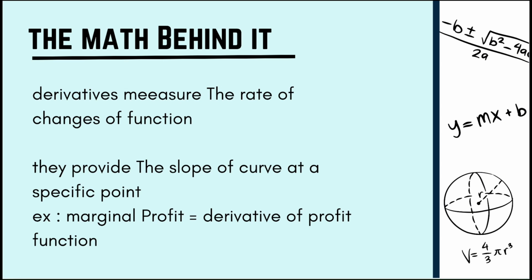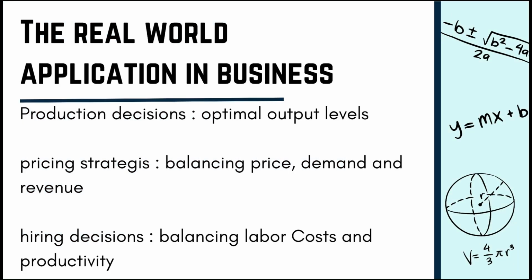Derivatives measure the rate of change of a function. They provide the slope of a curve at a specific point. An example is marginal profit, which is equal to the derivative of the profit function. In real-world business applications, this derivative can also optimize output levels, like production decisions, determining the optimal production level to maximize profit, and pricing strategies. It's setting a price that balances demand and revenue, and hiring decisions, deciding how many employees to hire to minimize costs and